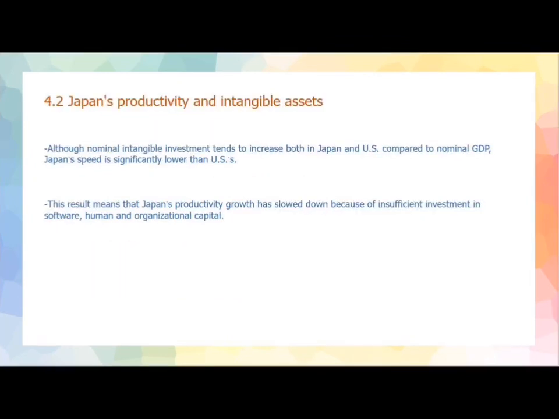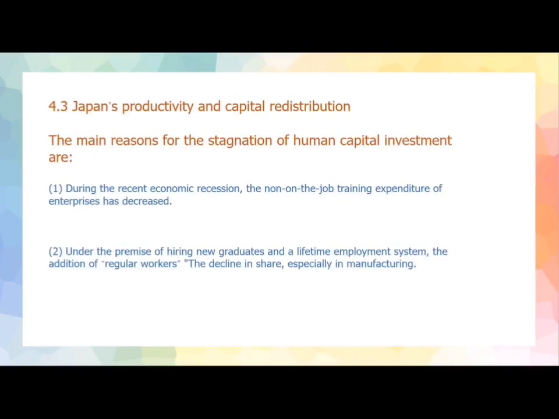And then about 4.2, although intangible investment tends to increase in both Japan and the US compared to nominal GDP, Japan's speed is significantly lower than the US. This result means that Japan's productivity growth has slowed down because of the inflation, investment in software, human and organization capital. And then about 4.3, the main reason for the strategy of human capital investment is that during the recent economic recession,